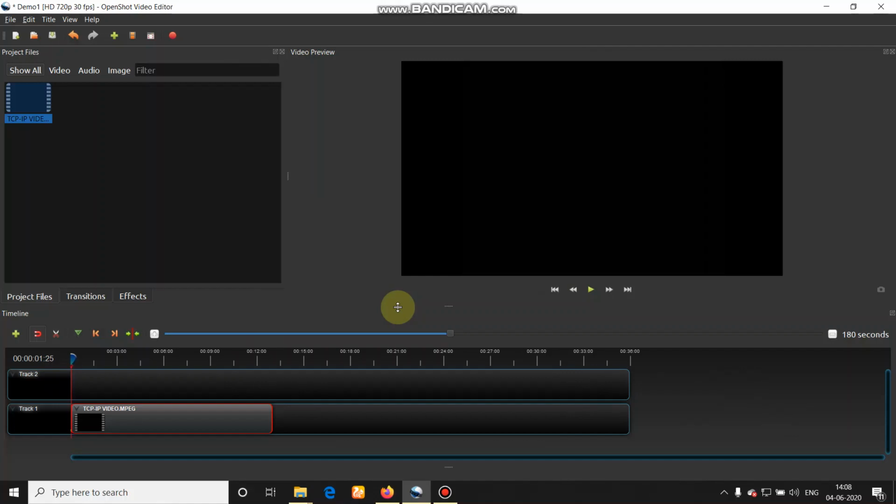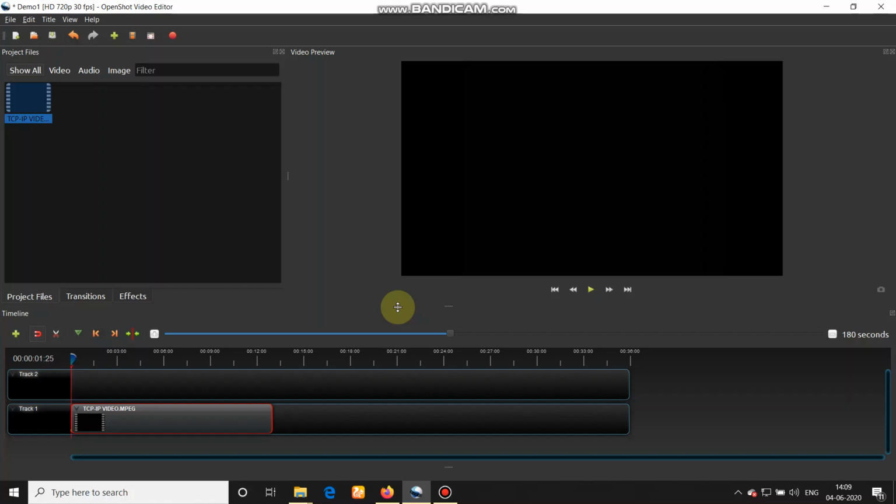Adjusting volume is required only when you feel that one of the clips of your recording has a feeble voice, and you want to boost up the voice. In that case, we can go for adjusting the volume.